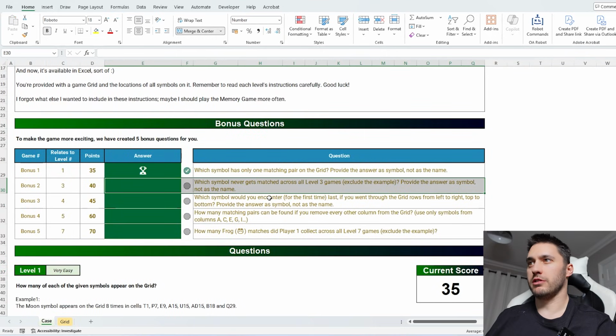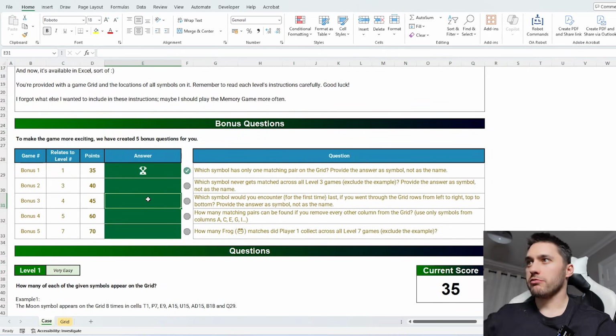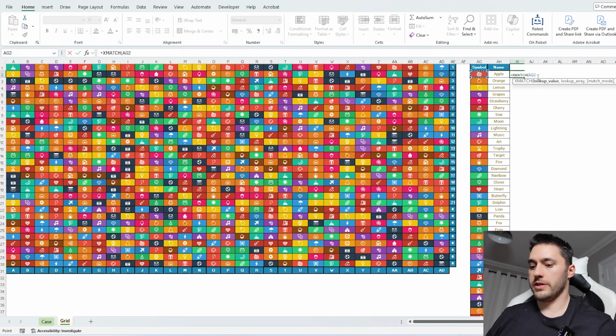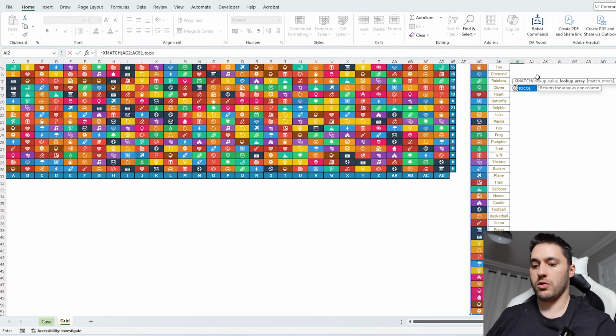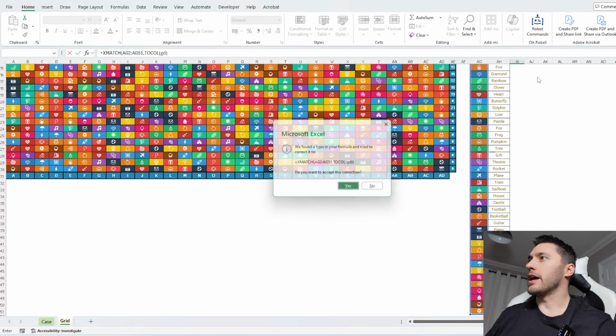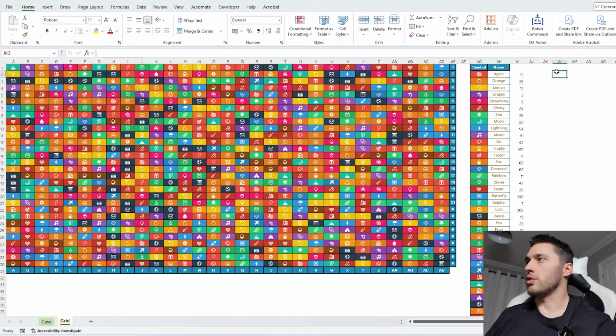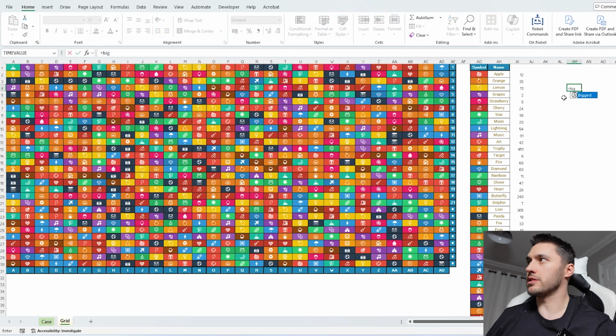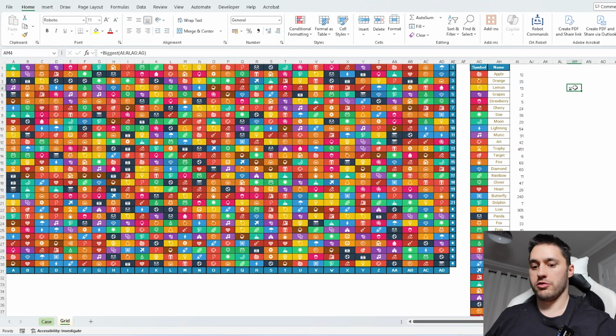I'll come back to this because it relies on a question, but we'll do bonus 3. Which symbol would you encounter for the first time if you went through the grid left to right, top to bottom? So I basically want to know where I find these, so I'm going to say X match all of these things in 2col of my grid, and I want to look for the largest one there. So I have a lambda that does that. You could do this in many ways, but I could just say biggest from this range, give me this symbol,